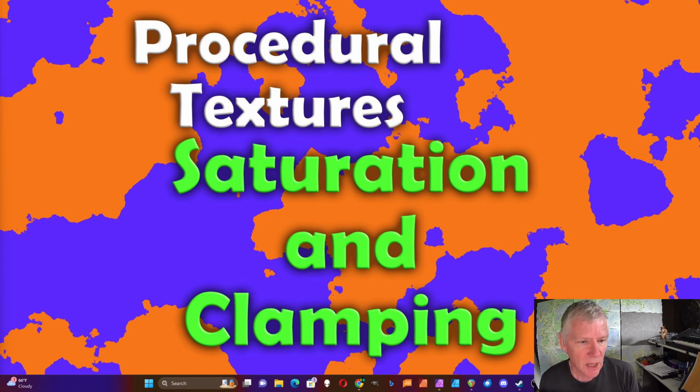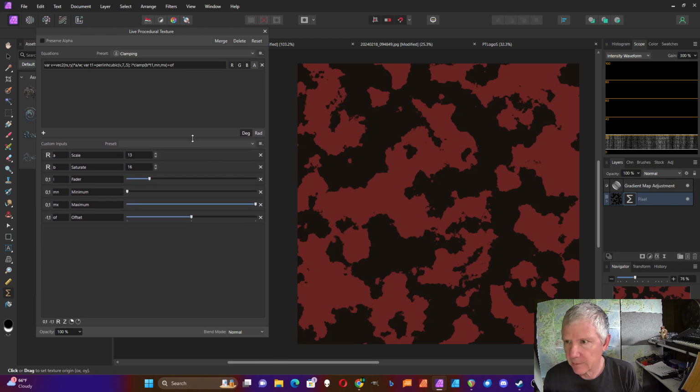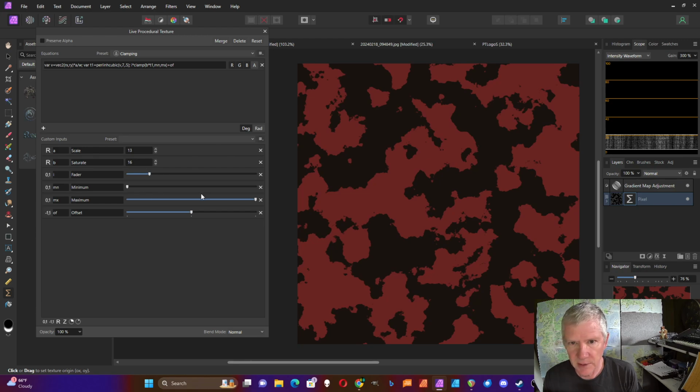I'm going to show how to use the saturation and clamping functions in Affinity Photo's procedural texture filter. Saturation and clamping are sort of utility functions. They're not real exciting, but they can be pretty useful. Here's an example. I have Perlin noise, and I'm passing it through a saturation filter, and